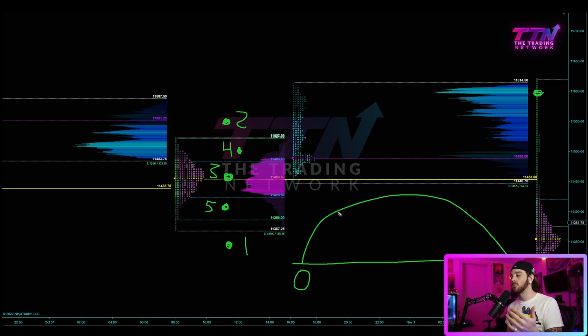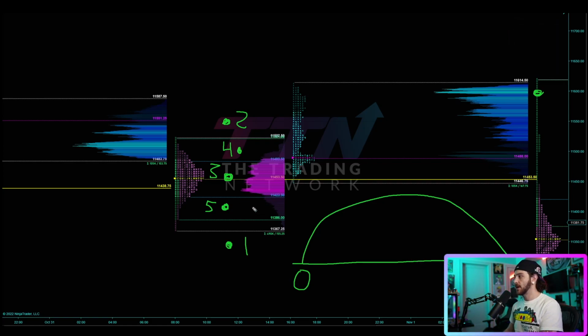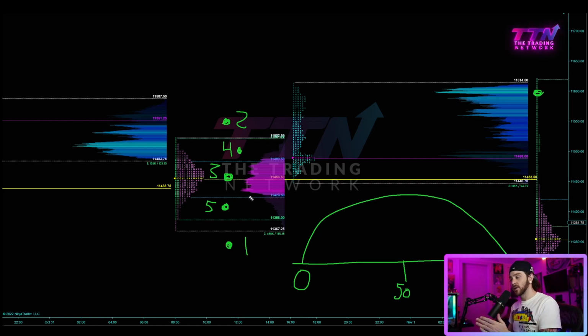This means that we are more likely to range between the value area high and low until or unless we break one of those levels. Now, if we open above the value area, but still within range, or below the value area, but still within range, the probability for directional conviction slightly increases, but we are still technically higher probability to range until or unless we break the highs or the lows of that prior session,